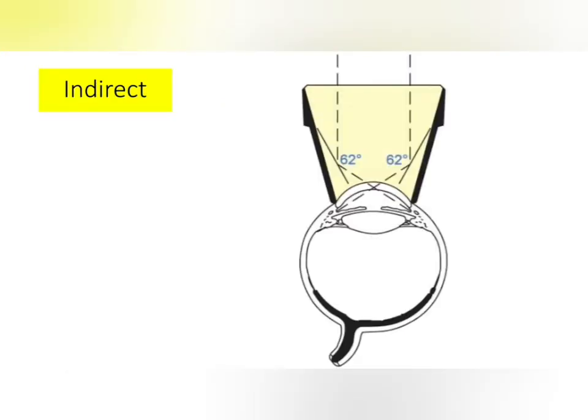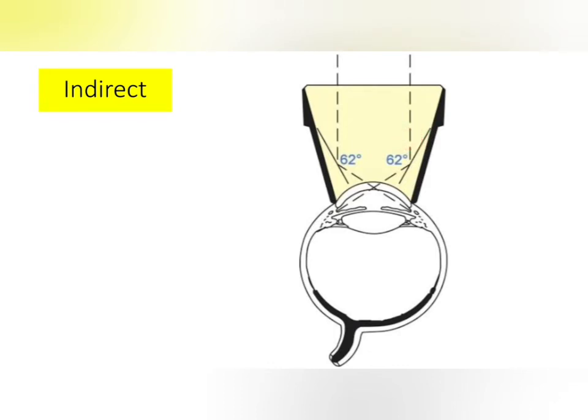Okay, and here, indirect gonioscopy. So why is it called indirect? Because we are applying a mirror to see the angle. In this method, Goldmann gonio lenses are mostly used, where mirrors are placed to reflect the light coming from the anterior chamber angle. Okay, so to see the superior angle, you need to see the inferior mirror, and to see the inferior angle, you need to see the superior mirror. Why? Because the light rays coming from the angle are reflected to the inferior mirror and then go directly to the eye. So this is how it is seen.